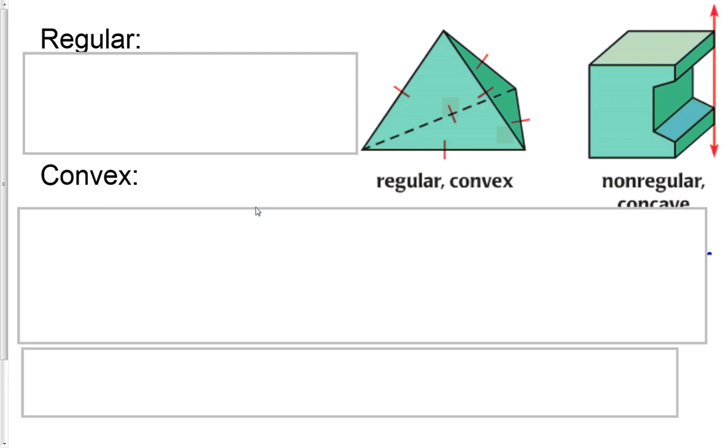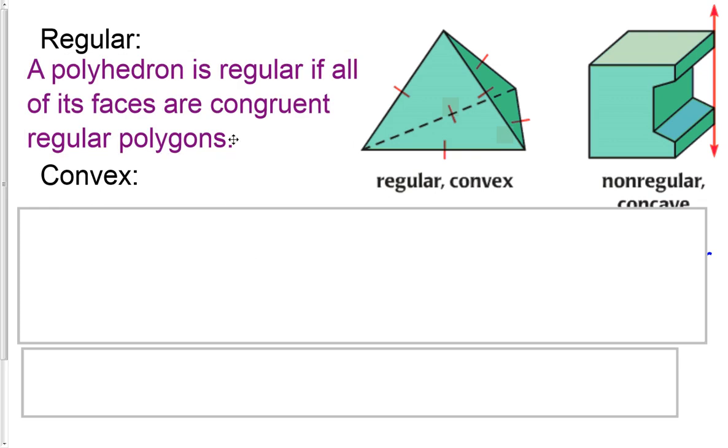Vocab. What is regular? So regular in a two-dimensional figure is all sides are congruent and angles are congruent. A polyhedron is going to be considered regular if all its faces are congruent regular polygons. Okay. So in this case, we have a regular